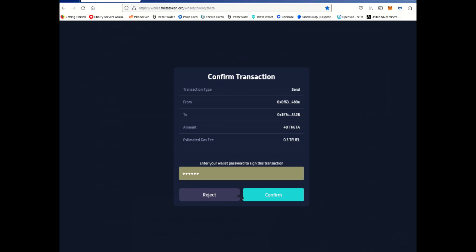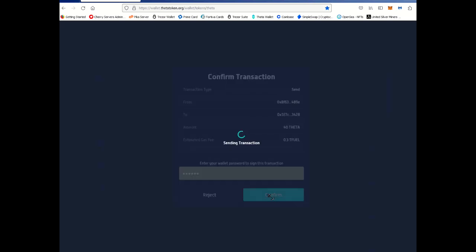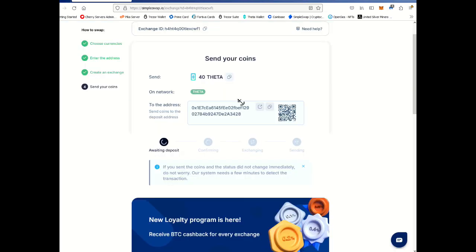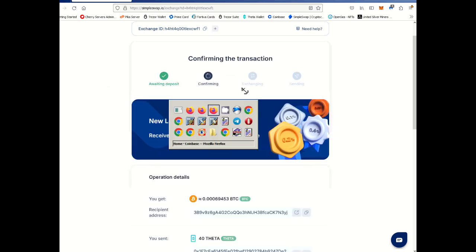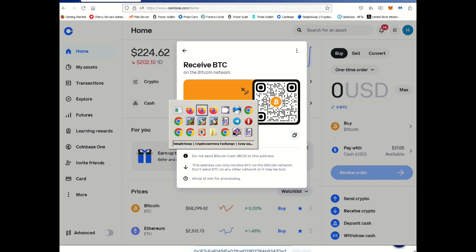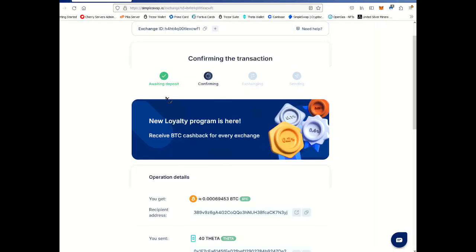Then click Next. Confirm. Okay, now what it's doing is it's sending 40 Theta, in this case, to Simple Swap, and Simple Swap is waiting. Okay, they're waiting for you to send the 40 Theta to them. All right, as soon as they get it, they're going to convert it to Bitcoin and send it over to Coinbase. All right, hope that's clear. So right now it's waiting to deposit,